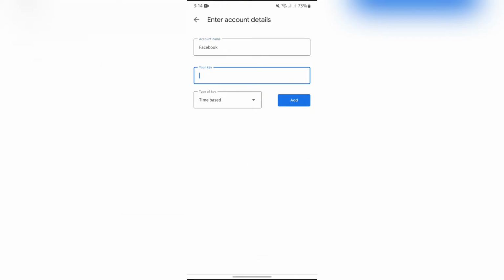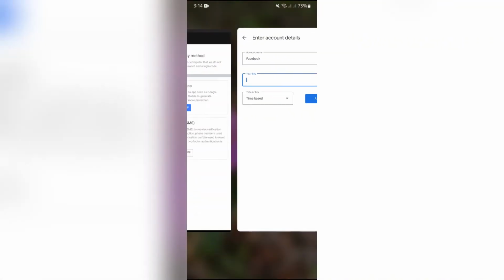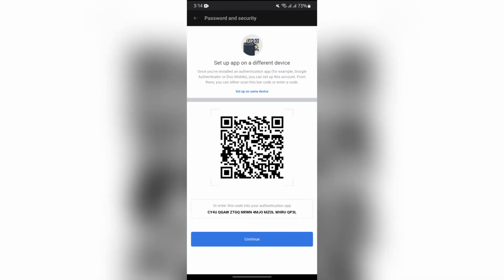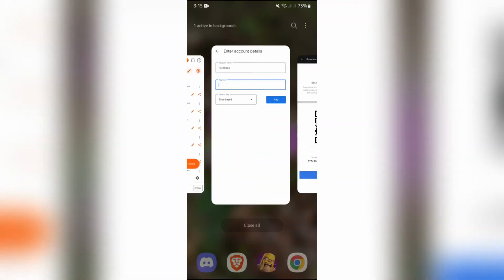Now, where do you get the key for Facebook? In order to get the key, you just simply have to open your Facebook, and into there just simply go to password and security and select two-factor authentication. Now you will get the option of use authentication app into here. Just simply tap into that option, and then as you can see here, you can get QR code and authentication code at same place. Now just simply copy this code into here, and after that you just simply have to